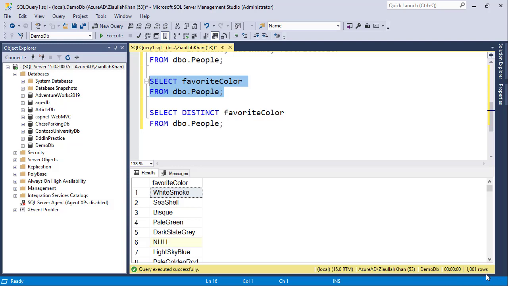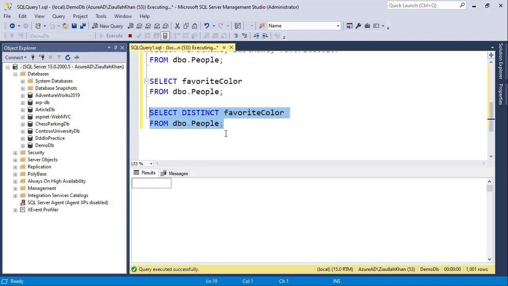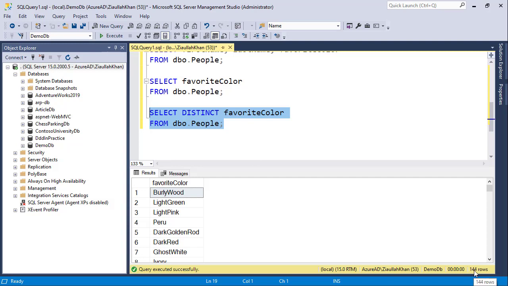So when I run this query the first time, notice that it came back with 1001 rows. That is because the last time around we added my record in the end. Now if I run this query, it is coming back with only 144 rows or 144 entries. The reason is this distinct keyword, everything that was getting repeated has been eliminated. There is a null, and